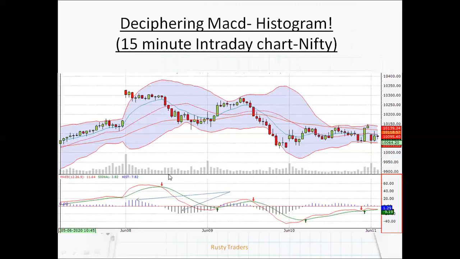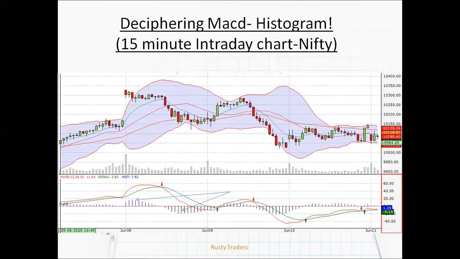So this will give you an edge over other market participants in terms of how you trade using MACD. Always remember, this might not always work out, and hence we always say that markets are all about probabilities. So always have a stop loss in place before you take a trade. Hope this explanation has helped you clear all your doubts in how you trade.